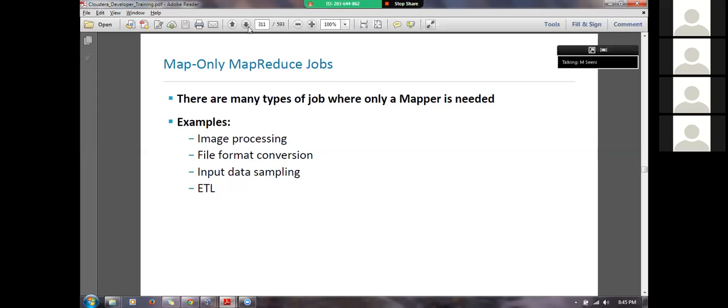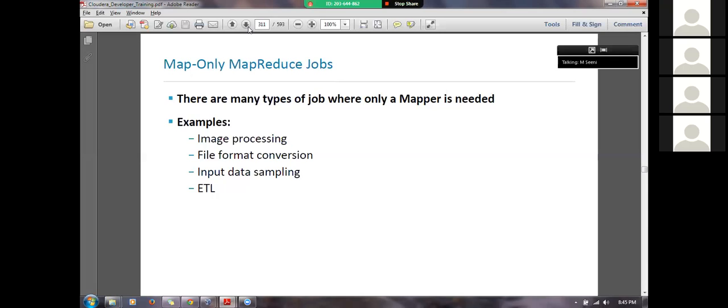While talking about HDFS, I have told you about distcp. Distcp is one of the commands in HDFS which is used to copy data between two Hadoop clusters. If you have two Hadoop clusters and you want to copy the data between them, you use distcp. Distcp internally uses a MapReduce job, and here we are only using the mapper to make a copy from one cluster